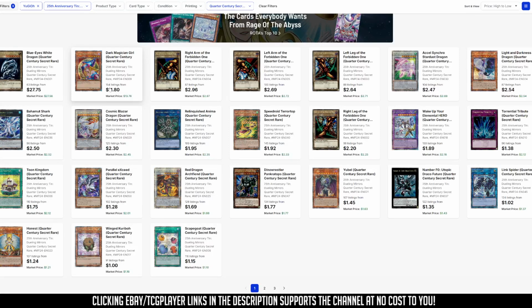I think that there's going to be a constant demand over time. People are eventually going to stop opening up these tins at the same rate, and people are going to, over time, want this card, put it in the collection, and it's not going to come out of the collection to be resold. And so there's just going to be a constant demand for this stuff that's going to eat away at the supply over time. And I made the same prediction about Ghost Rares from